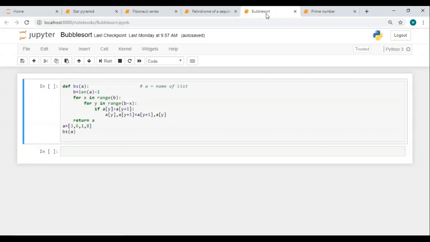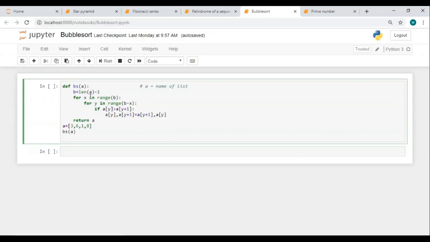Now let's move ahead and see how to write a code that will help us implement the bubble sort algorithm in Python. As you all can see over here, the first thing that I've done is defined a function. So whenever I want to sort using the bubble sort algorithm, all I have to do is call the bubble sort function. Here the name I've given is BS. You can give any name of your choice. I've passed one parameter to it, which is the unsorted list. After this, I have a small block of code that will help me implement the bubble sort algorithm.